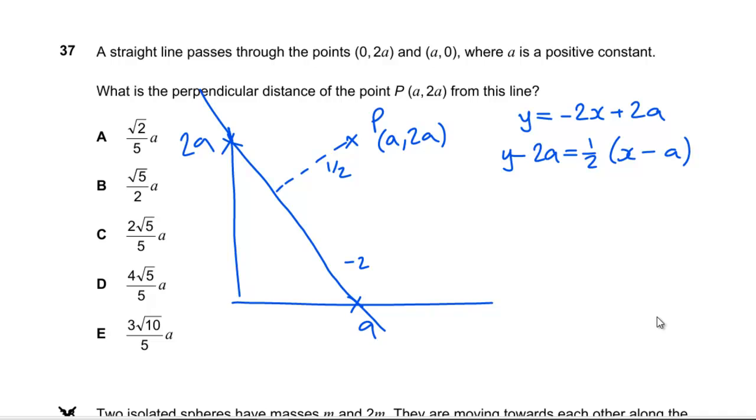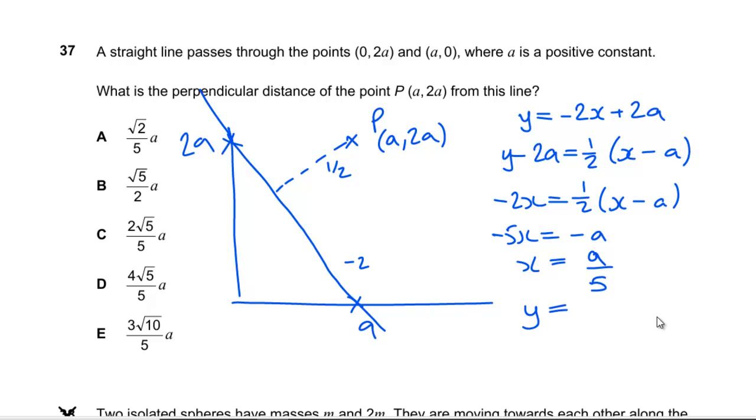So actually the y minus 2a's are sort of similar here. I've got minus 2x is a half of x minus a. So minus 4x minus 5x is equal to minus a. So x is a over 5, which means y is going to be,